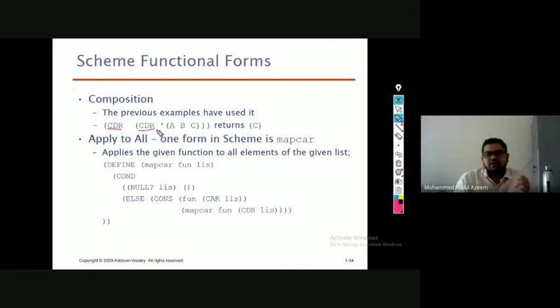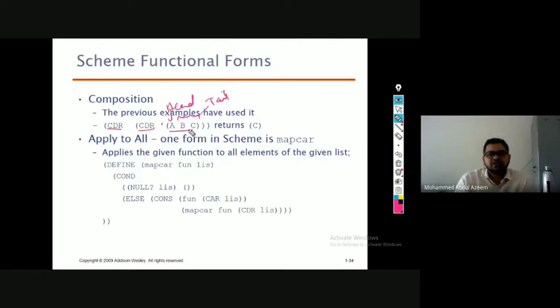So what is the head here? Head is the first atom, and the remaining part of the list is considered to be the tail part. CDR returns you the tail part, meaning BC. So when you apply CDR on this list, it returns BC here. Again you are applying CDR.